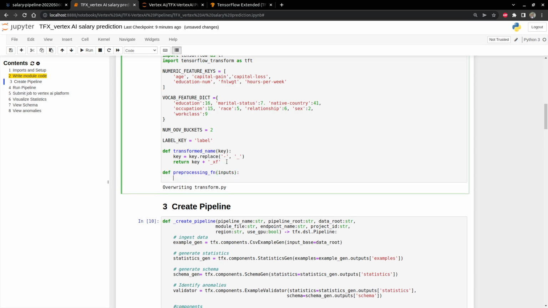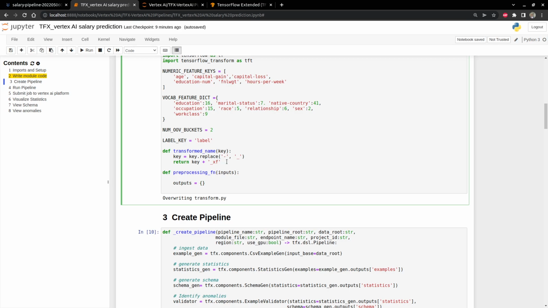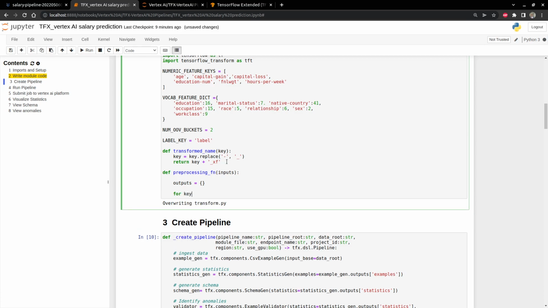And then it would return a dictionary of outputs, right? So I'm going to say for key, let me leave another space here. So I'm going to say for key in